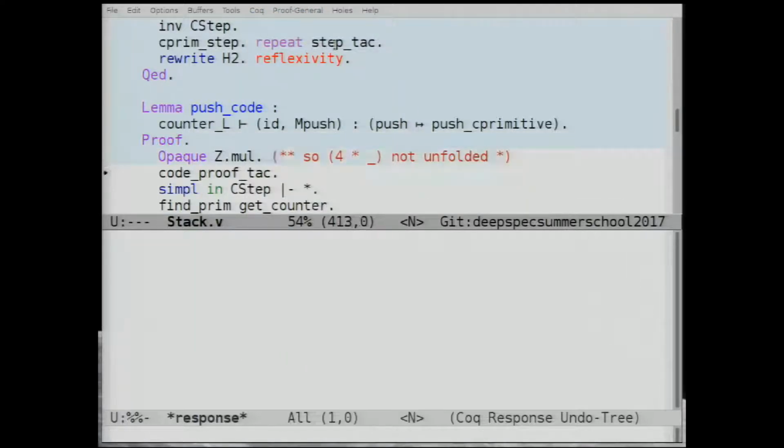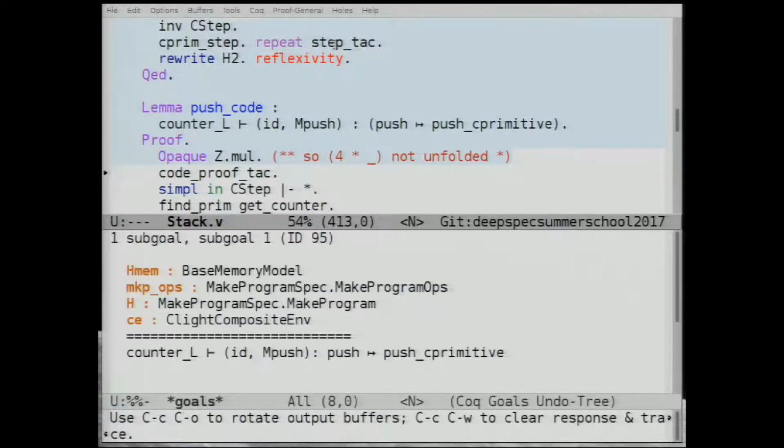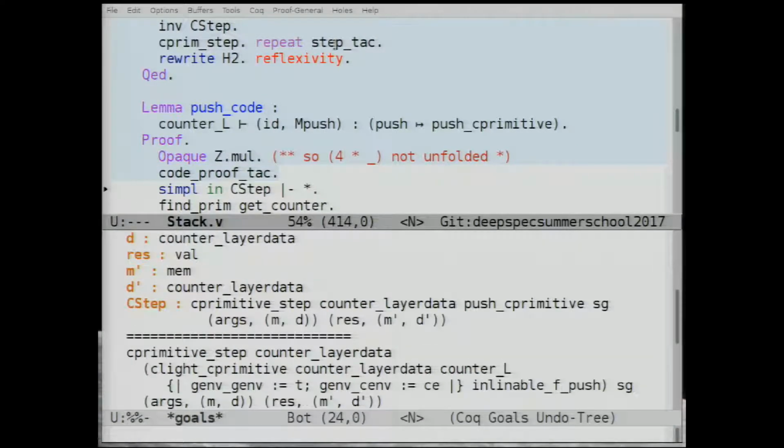All right, so the first step in this proof is going to invoke this code proof tag. So the idea behind the code proof tag is that our goal here is in this weird format, and what we want to do is have this tactic take care of all the administrative stuff and unfold everything so that we can get to a place where we have this simulation diagram to prove. And the simulation diagram says,